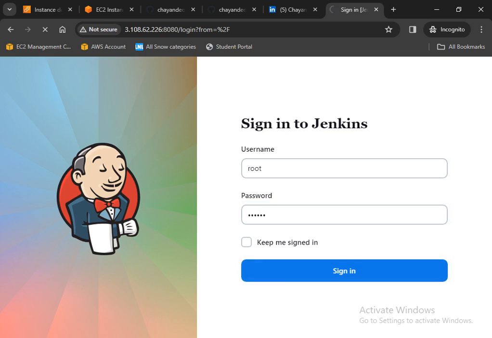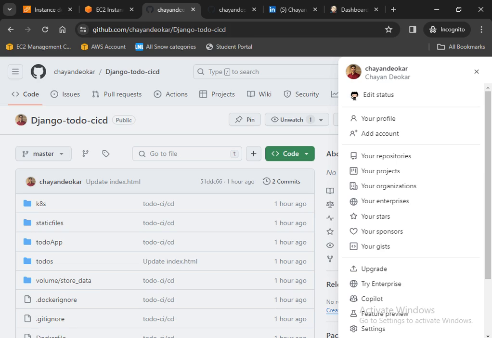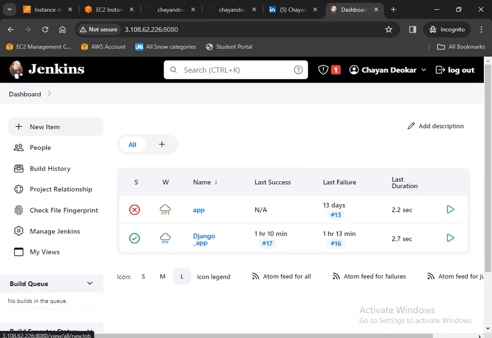Okay, so now signing in to Jenkins. Let's hold on, yeah, so we can see our Jenkins dashboard is running. So now what we are going to do is create a CI/CD freestyle project so we can deploy this. Go to New Item,